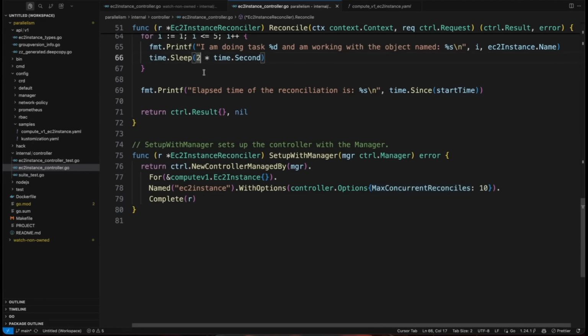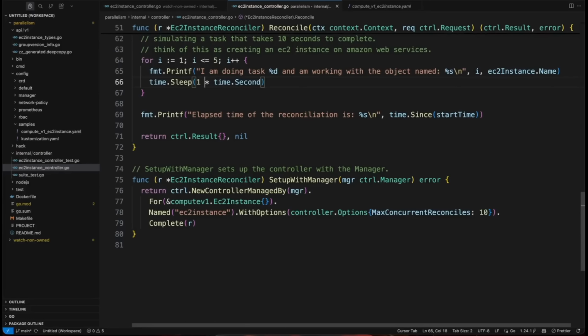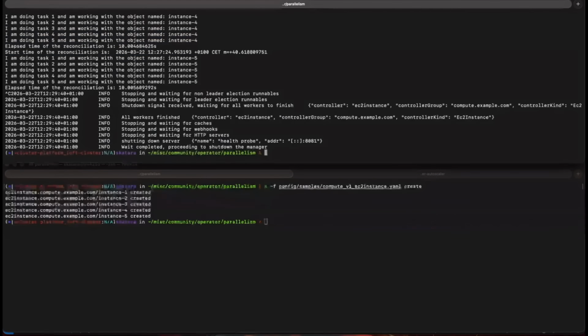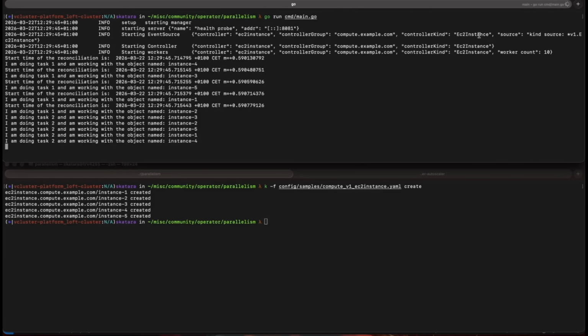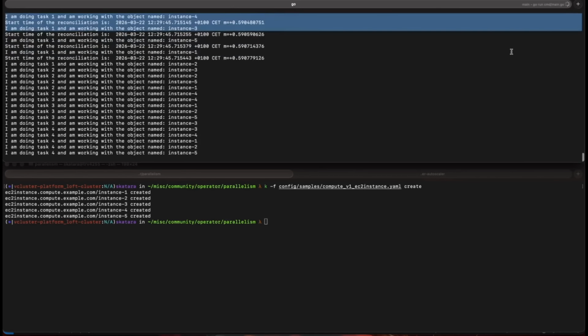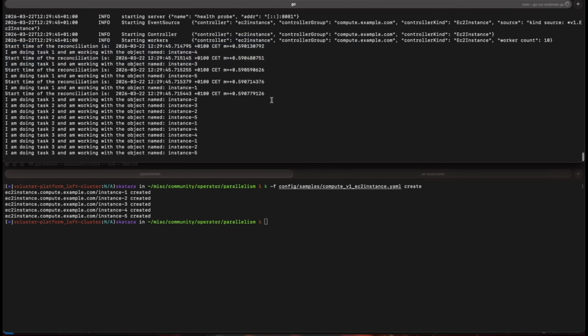Let me put it back to where it was for 1 second, because we wanted it to be 1 second. And now you can see how it works as a difference. What difference does it make when we run this again? Now you can see I run my operator, and because I now have 10 workers, it's already doing things in parallel. I'm starting with a reconciliation time, and you can see this is instance 2, 3, 2,